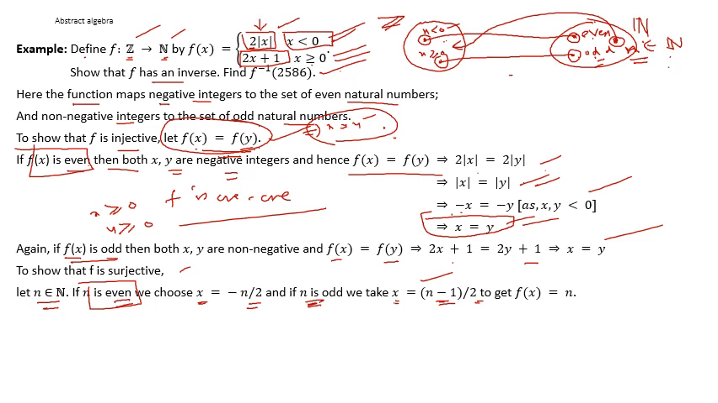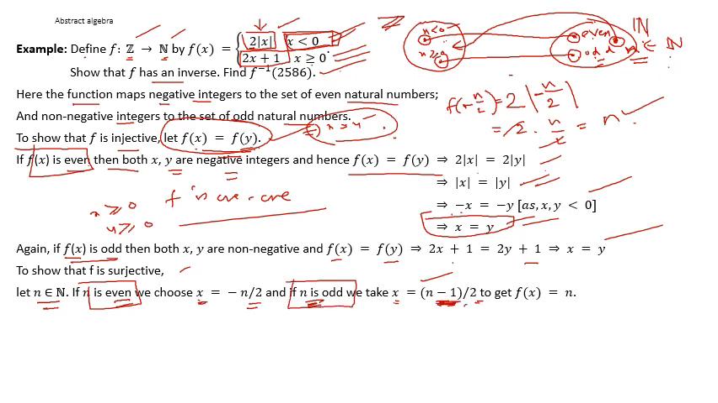সেই ক্ষেত্রে দেখো f(x), যদি n টা even হয় তাহলে x equal to -n/2, -n/2 must be a negative integer। আর এর ইমেজ কি, what is f of -n/2, f of -n/2 is 2 absolute value of -n/2। Now absolute value of -n/2 is actually n/2, so this is n, then f of -n/2 is n। আর ধরো n is odd, n যখন odd তখন x equal to (n-1)/2 চুজ করছি।